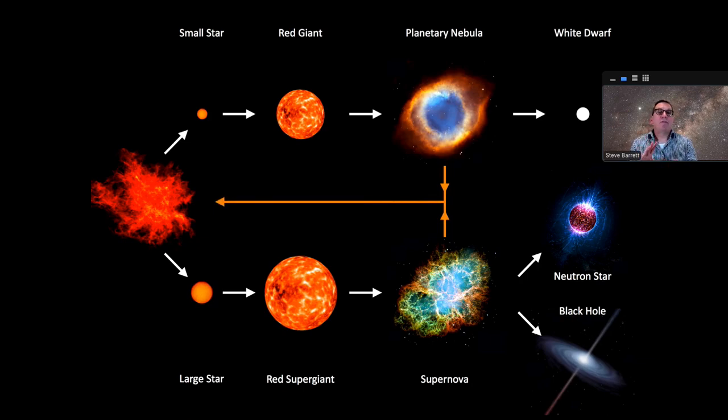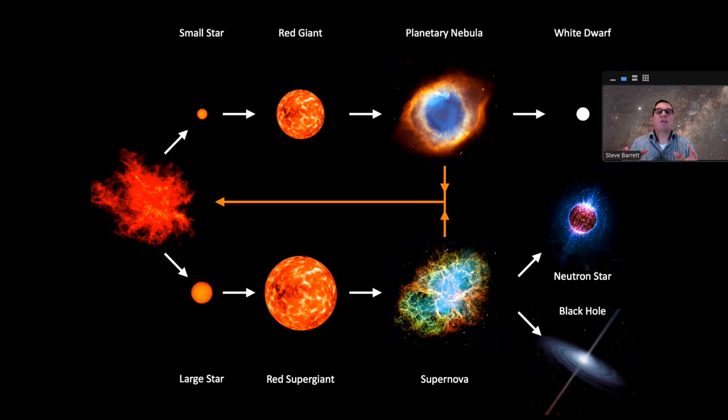One thing we have to remember is that although white dwarfs, neutron stars or black holes are what the star ends up as, along the way it's actually lost a lot of the material from the outer part of the star. The planetary nebula or the supernova remnant effectively are blown away from the original star and in a sense recycled back into the interstellar medium.